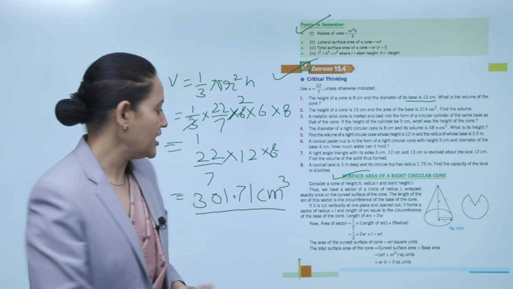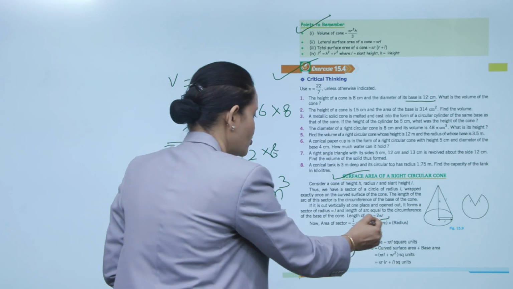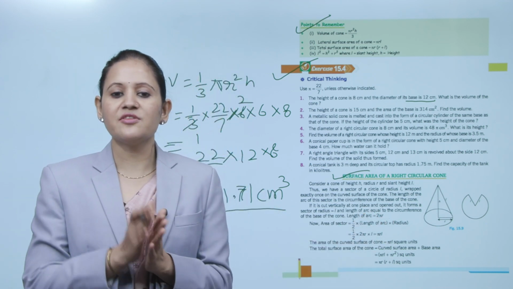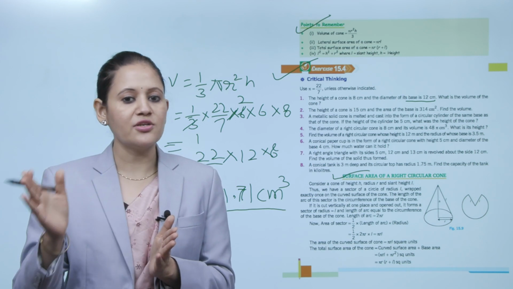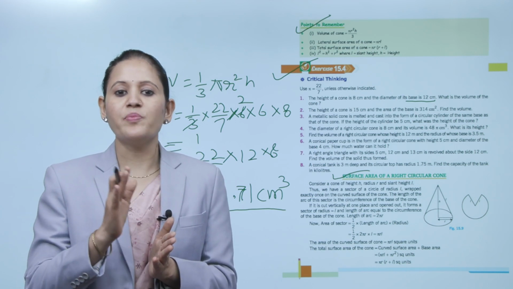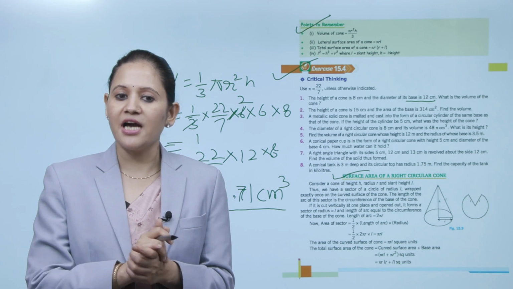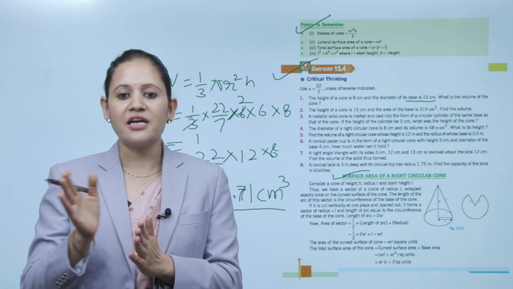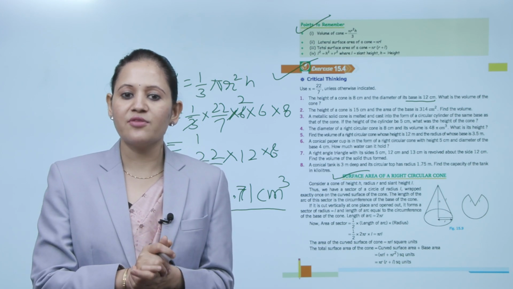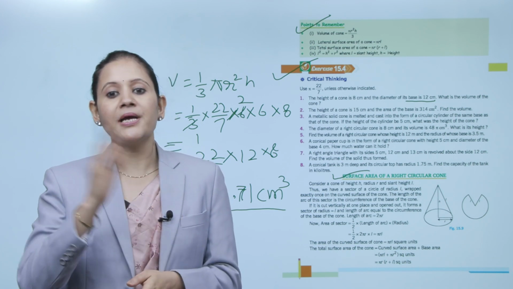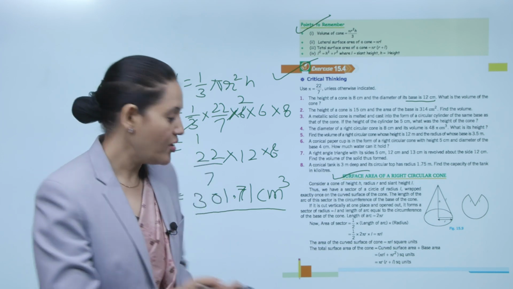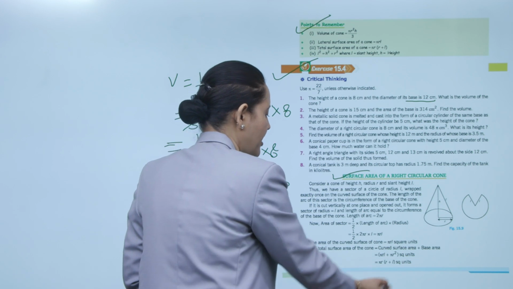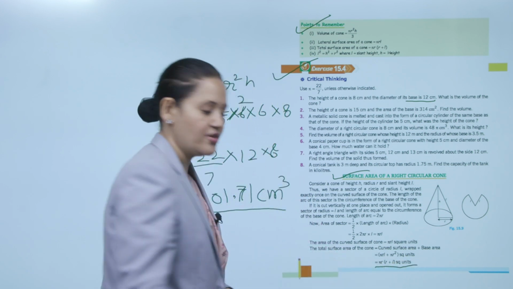What will the length of arc be? That is equal to 2 pi r. Now the area of the sector equals 1 by 2 into length of arc into radius. So 1 by 2, 2 pi r into L, that is pi r L. So the area of the curved surface of the cone is pi r L square units. Total surface area of the cone is curved surface area plus base area. So pi r L plus pi r square, that is pi r into r plus L square units. Clear?